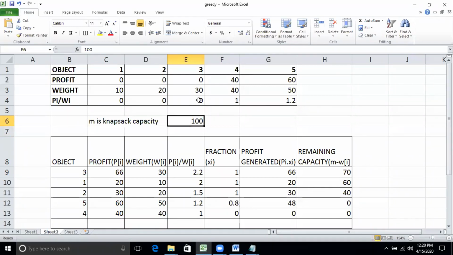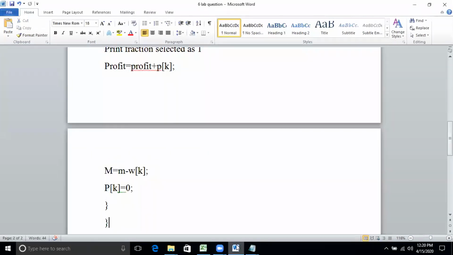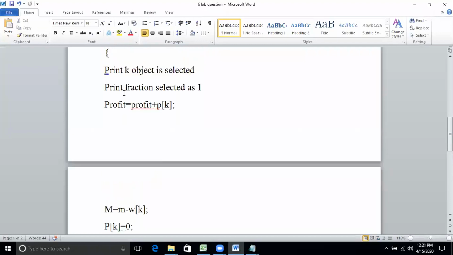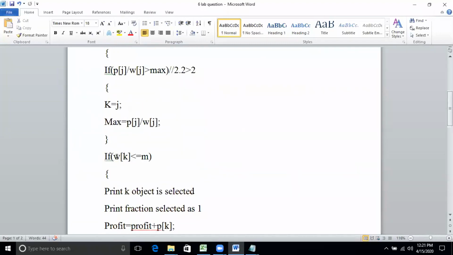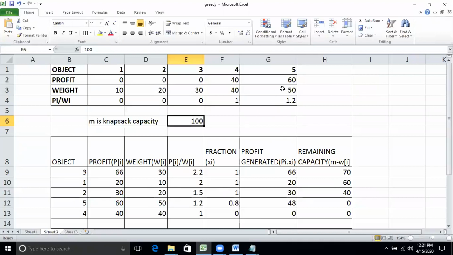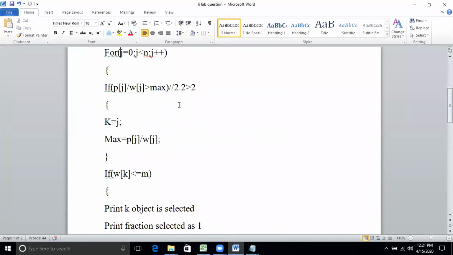Among this Pi by Wi, this is the maximum ratio, isn't it? Yes. So now the K value will be obviously, since it is an array and we are starting from index 0, 4 now. Okay, so now come here. What is the weight of that object? 50, isn't it? Yes. What's the remaining capacity? 40. Now, after this J for loop,